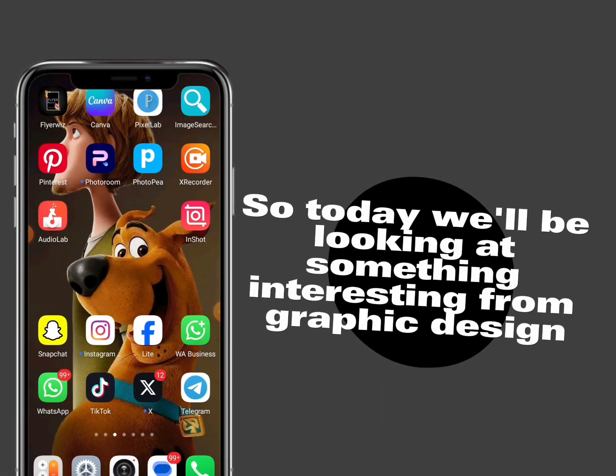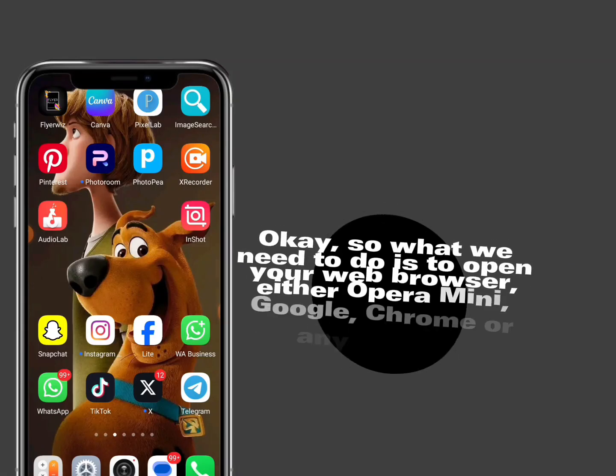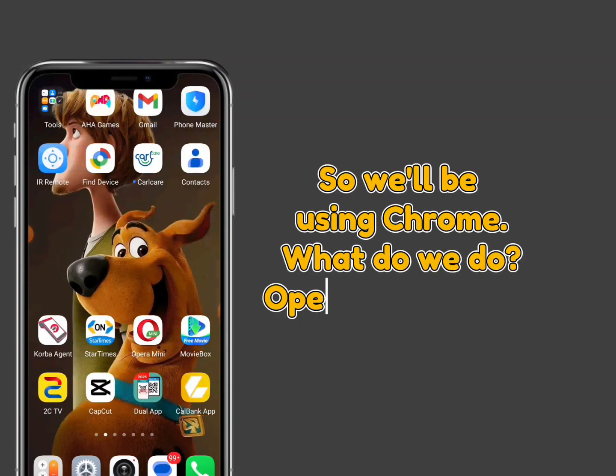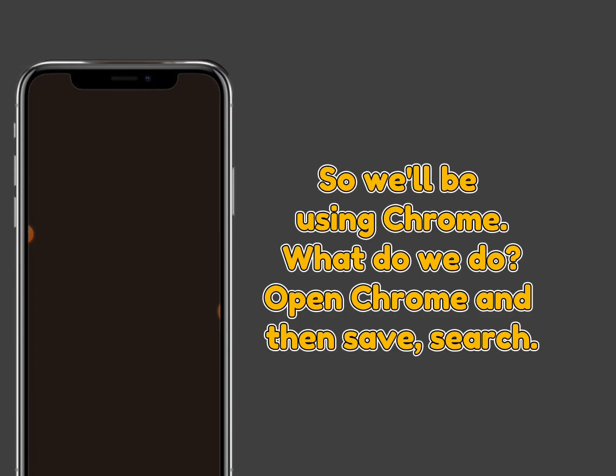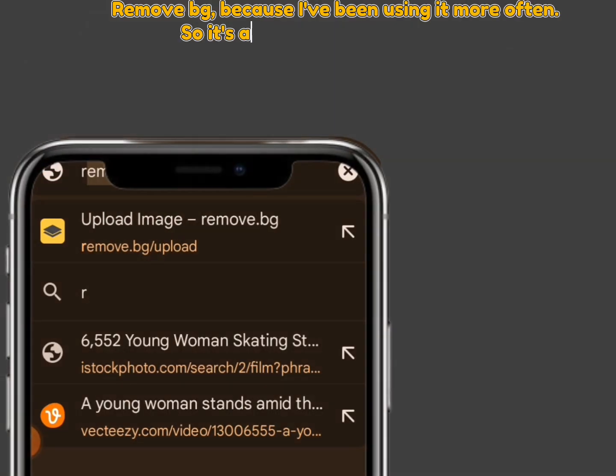So today we'll be looking at something interesting from graphic design. Alright, so what we'll be looking at is how to remove a background from a stock picture or any picture at all. Okay, so what we'll need to do is to open your web browser, either Opera Mini, Google or Chrome, any of them. So we'll be using Chrome. Open Chrome and then search